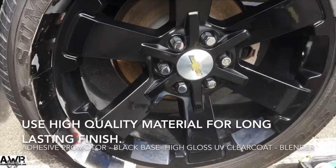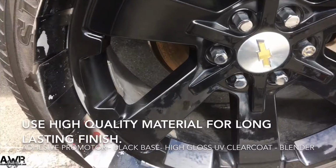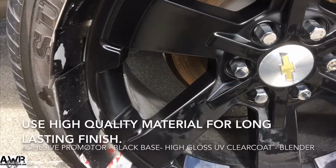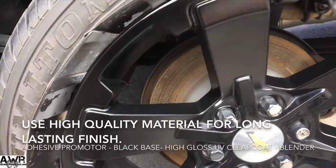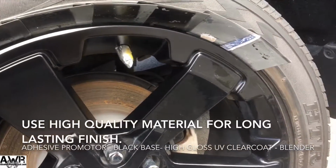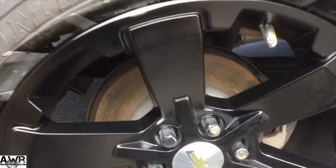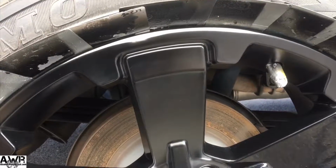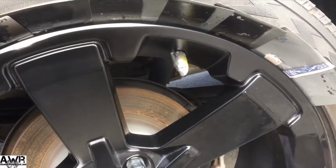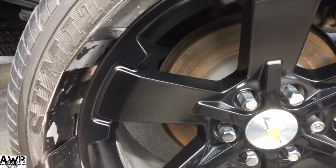Alright guys, so I got my base put on, or I got my sealer put on. Adhesion promoter sealer that I use helps me feather in my paint and my clear coat. So I'm gonna be blending this. I'm doing this on the car. Definitely don't have to do it on the car. This is definitely a quick on-site on-vehicle repair. I'm gonna go ahead and put the base down and the clear, and I will show you guys what she